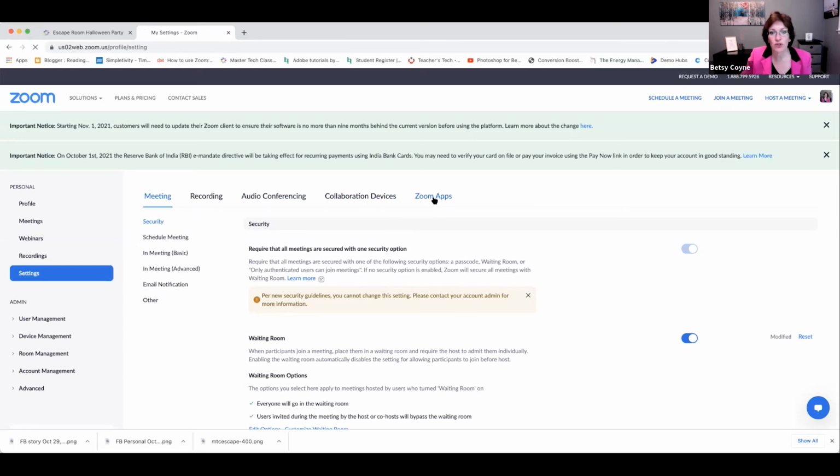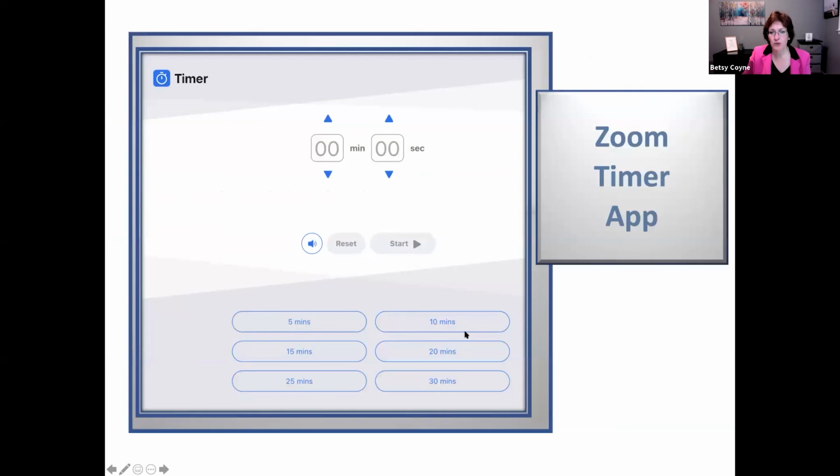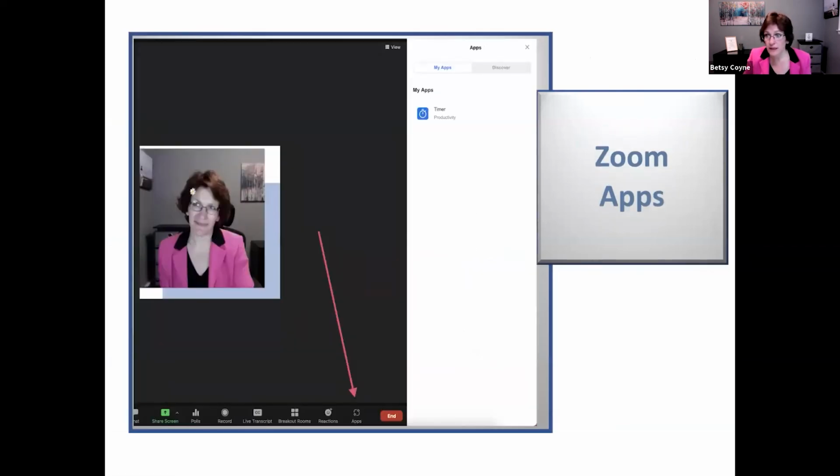And once you turn on Zoom apps there, you can see it's just an on-off button on the right. That will give you the ability to turn them on in meeting. And then from your Zoom toolbar, you'll be able to go back to my PowerPoint where I captured these screenshots. So right here, if you look at the bottom where that pink arrow is pointing, you will have an